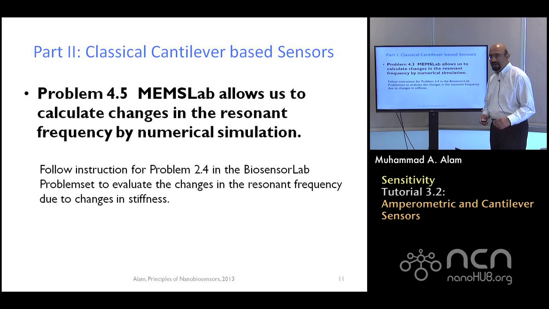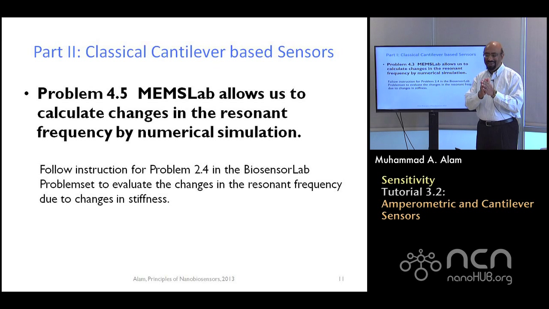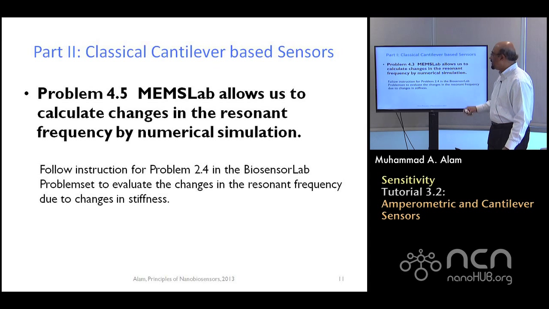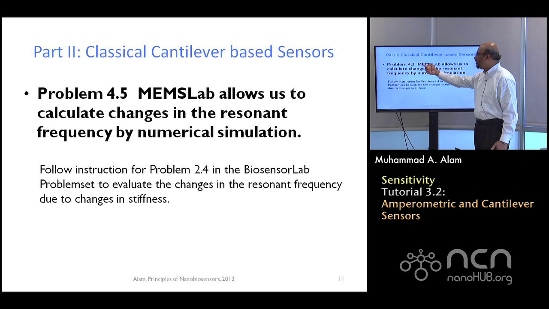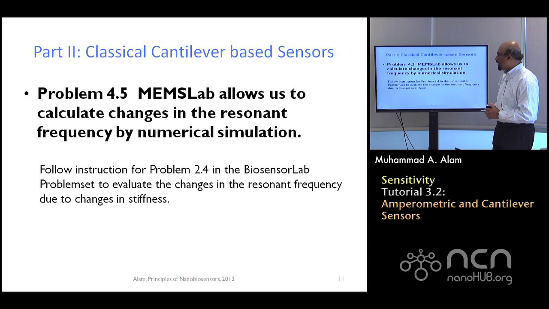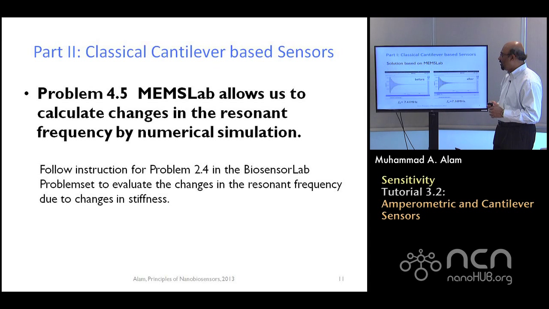Now, often, we have worked with analytical results. I changed everything so that we can analyze everything in terms of spring mass system. But in that case, we need to know the alpha 1 and alpha 2. You know, that doesn't change the results fundamentally, the values of alpha 1 and alpha 2. Order of magnitude is always correct. But if you needed a full simulation, you can quickly do it by this additional simulator called MEMSLab. The MEMSLab, you can solve the same problem.